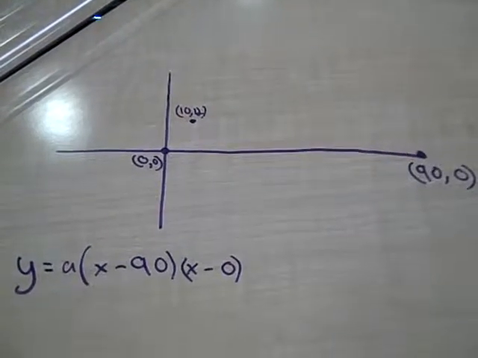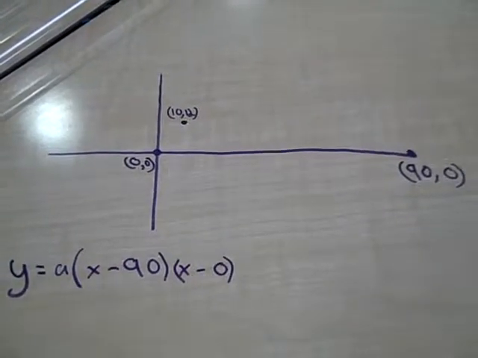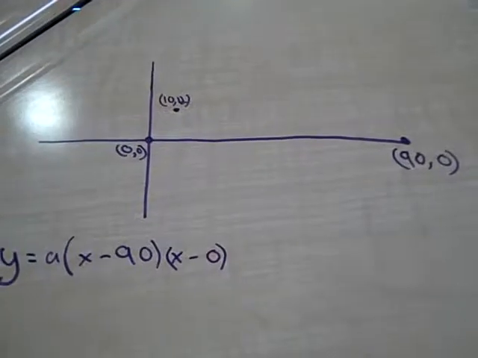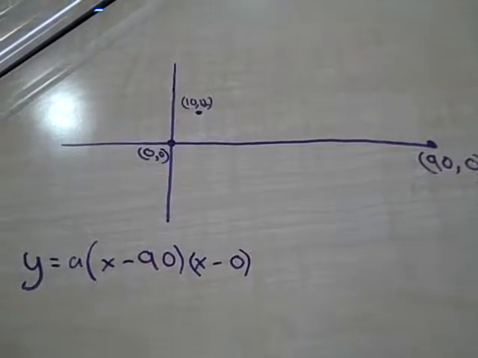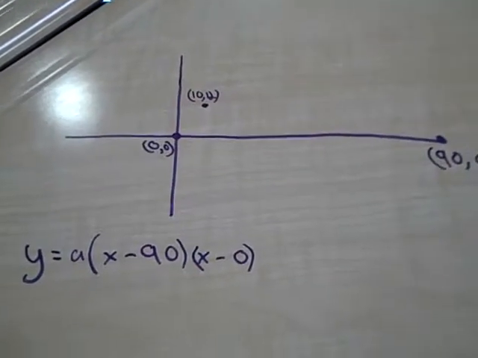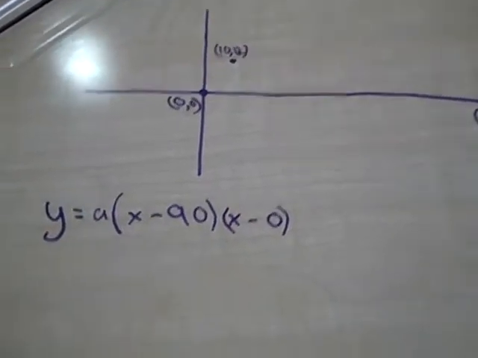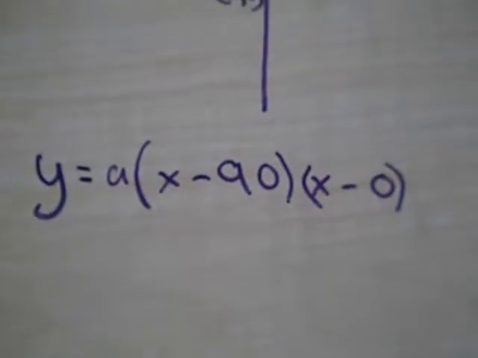A soccer ball is kicked from the ground, and it finally lands at 90 feet away from where it was kicked. When it was 10 feet away from the player, it was 12 feet in the air. And this is what this graph shows, and that is what we got from the equation.